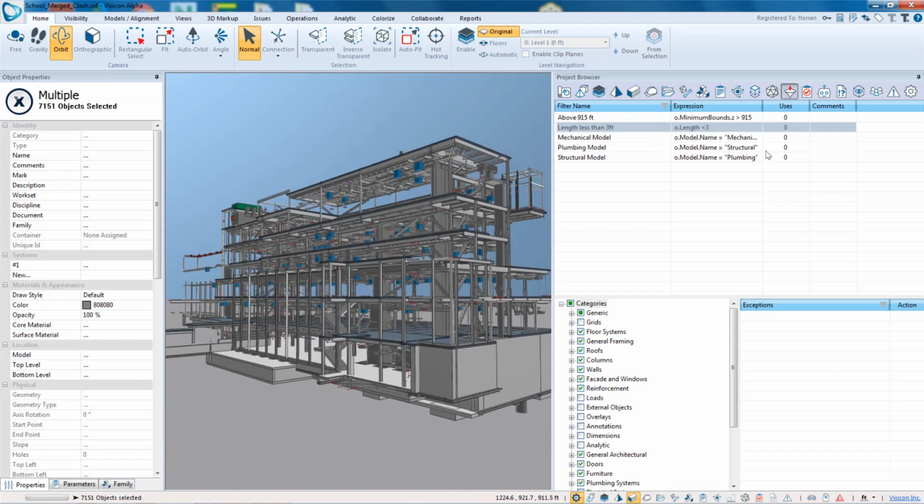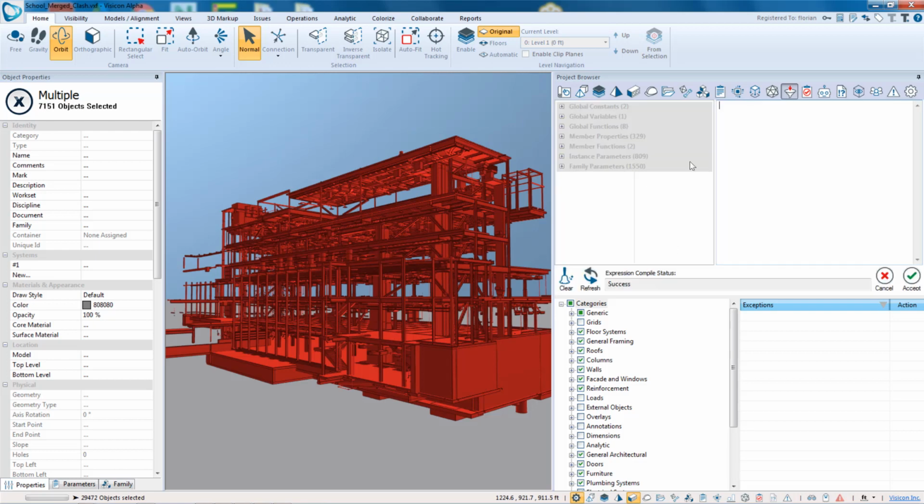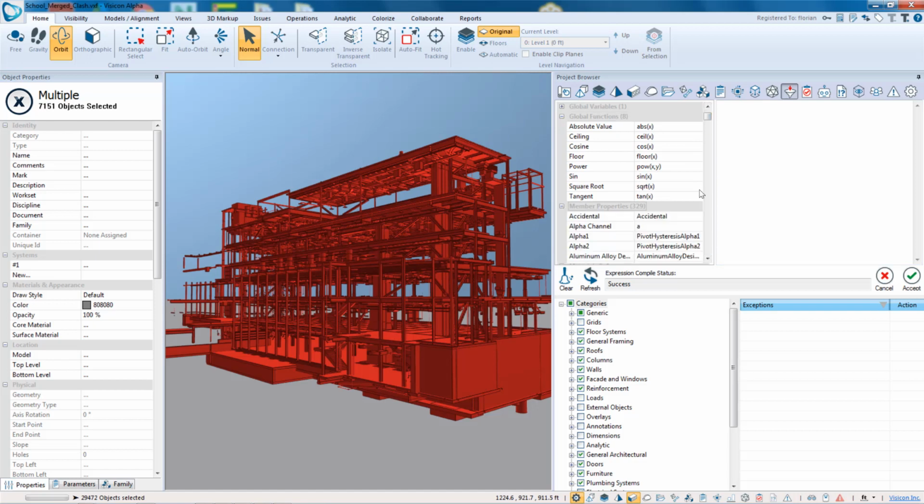and I can essentially develop any complex set of expressions, and for any of these, if I'm unclear, for example, we're going to create a new one. I can also, as long as the filter is selected, I can right click, go to the expression editor. So this allows me to kind of access and see all of the different types of nomenclature and syntax that I have. So this opens up all available